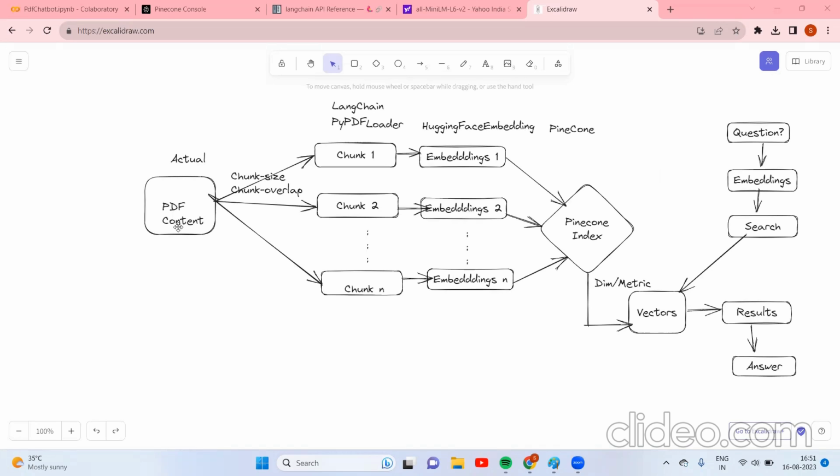With the help of LangChain, we will be converting this PDF data into multiple chunks. Based on the chunk size and chunk overlap, whatever you provide, the chunks will be created. See, assume chunk size is 500. If you are giving 500, each 500 characters will be stored in one particular chunk, and the next chunk will have another 500 characters. Like that, the entire document will be split into n number of chunks with a split of 500